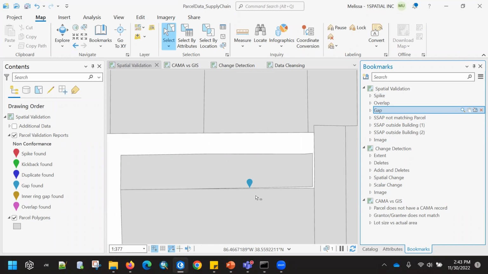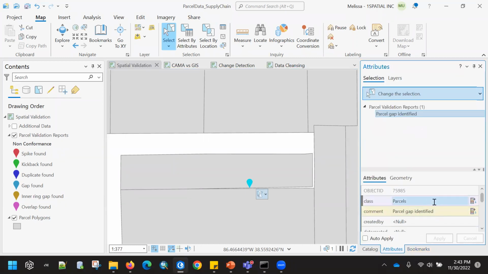Also notice how these reports are spatial and navigable. They can be configured to include as much information as one really needs them to. So if I select this, and I think we kept this very simple, right now we're just saying what is the class that I am reporting on, and what is the comment or the rule that was violated by this object. Excuse me.